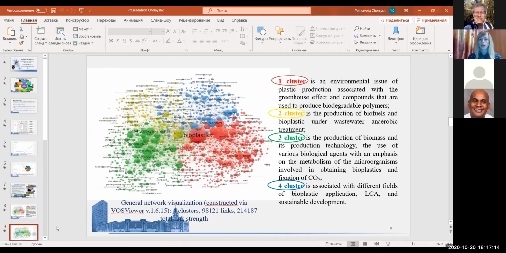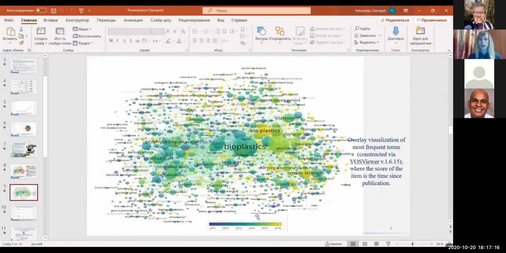And you can see in the next slide that the most important growth under this topic is connected with different periods of years and the most frequently used